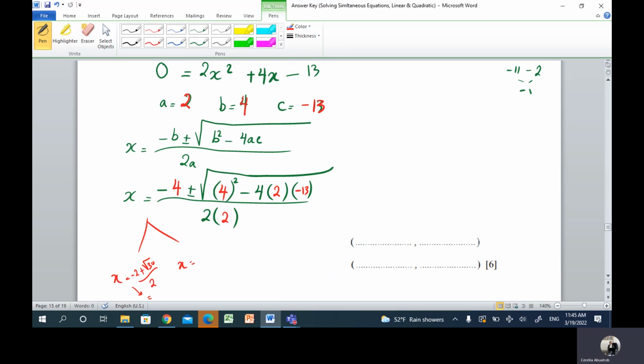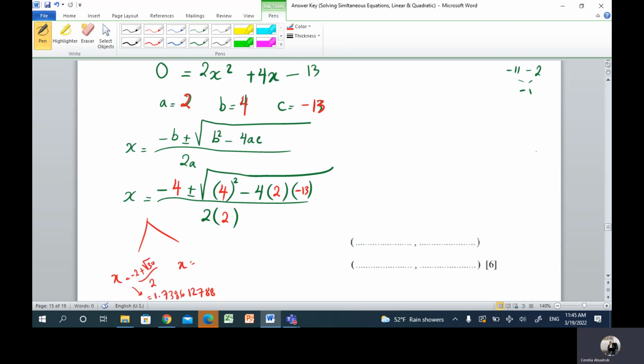And if you write it as a decimal, it will come down to 1.7386